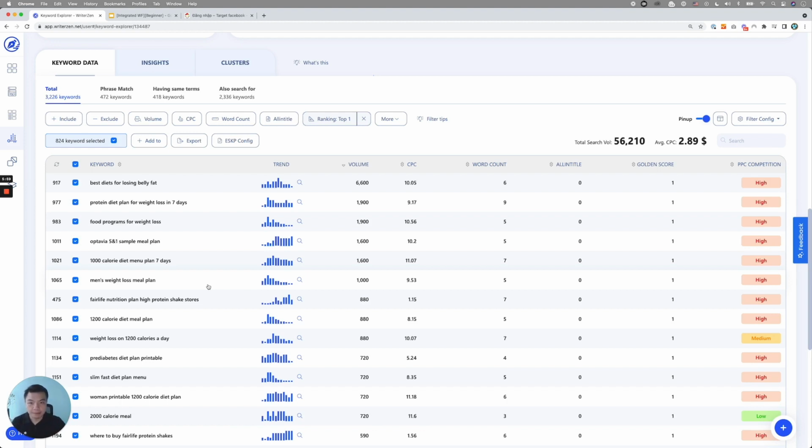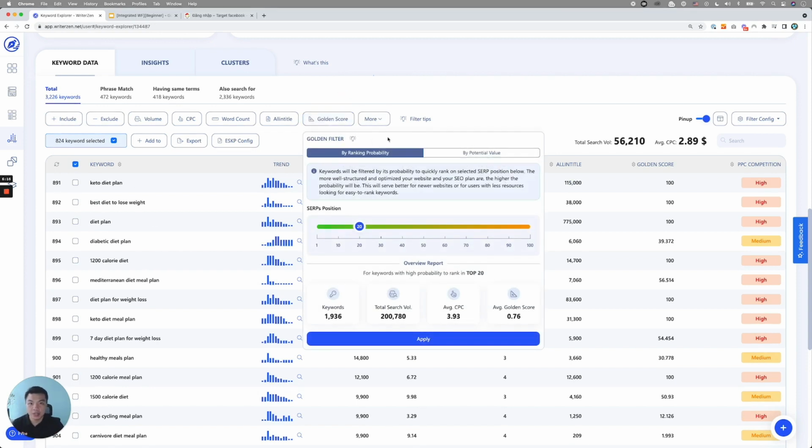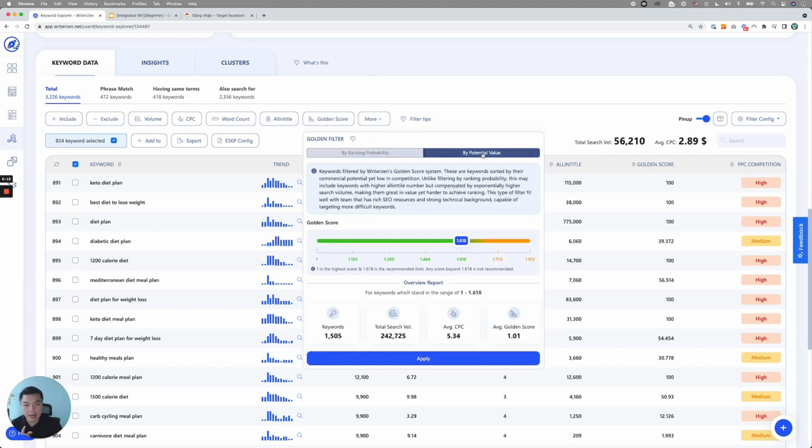Now, if you are more confident with your ability and also your resources, and you have a very strong team of SEO, this is not really for the beginner, even though I know we are talking about beginners here. But if you want to explore in another way, you can click by potential value. By potential value, it means that we actually built an algorithm to measure in golden scoring, and what the scoring is indicating is that